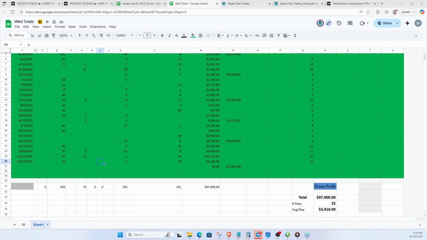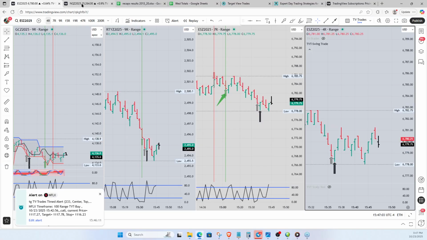Oh, I know what I was doing. I was going to check that gold trade and see what I ended up with on that. Alright, GC. But, okay, yeah, it was a break even. I ended up with a break even on the gold. So, I just had one more trade in here. 12. Okay, that's what I thought I ended up with.